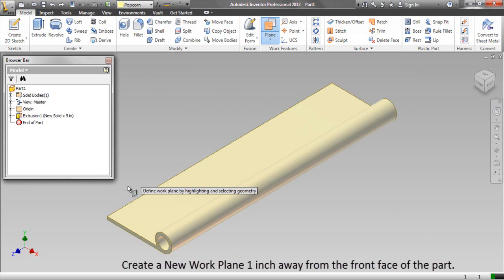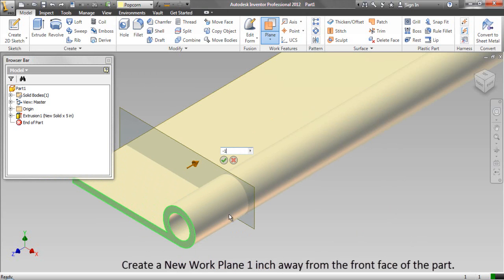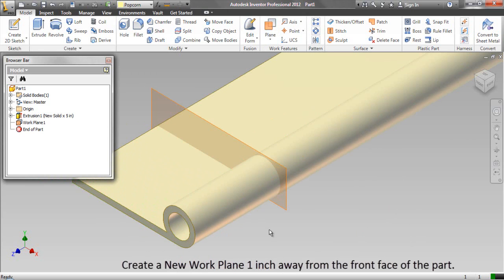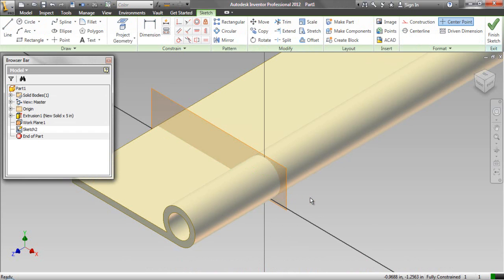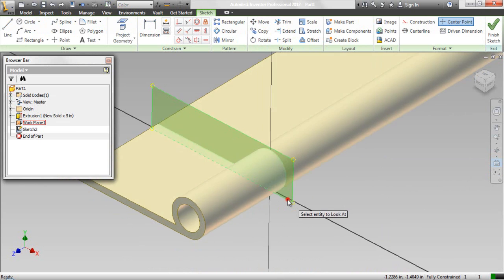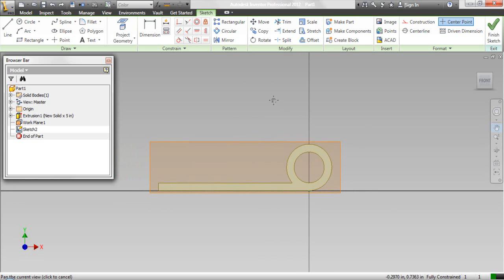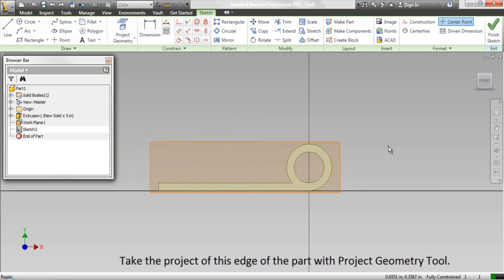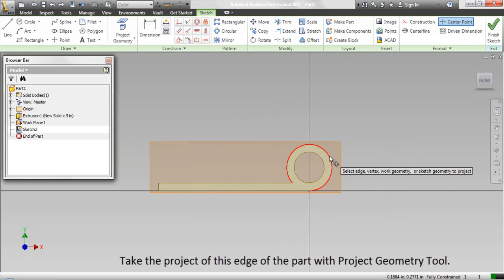Create a new work plane 1 inch away from the front face of the part. Start a new sketch on this work plane. Project this edge of the part with the Project Geometry tool.